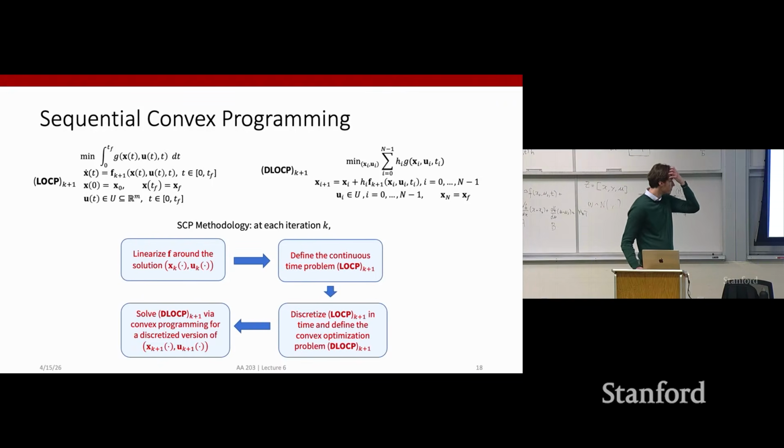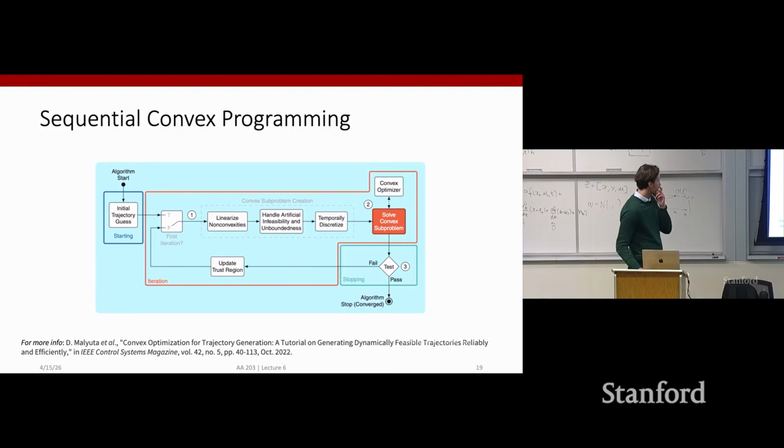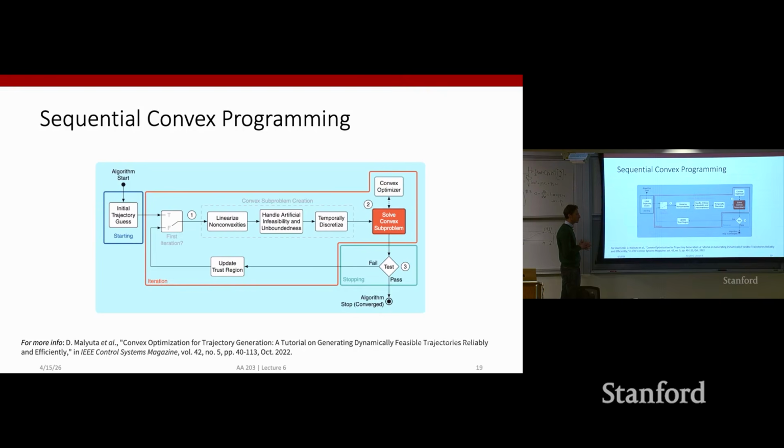How do we know that linearizing the dynamics and then using convex optimization to solve each sub-problem will get us closer, or get us a better solution? Yeah, it's a great question. This is also where most state-of-the-art approaches differ, what differentiates a naive implementation of SCP from a state-of-the-art implementation of SCP. And this is because